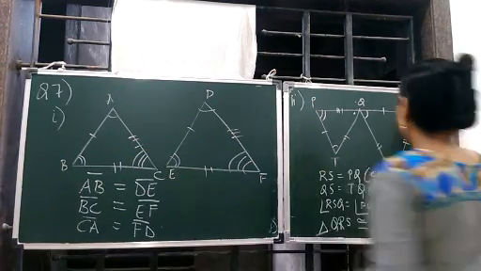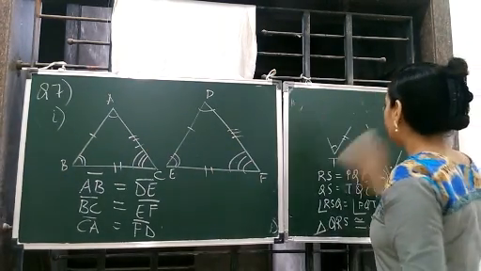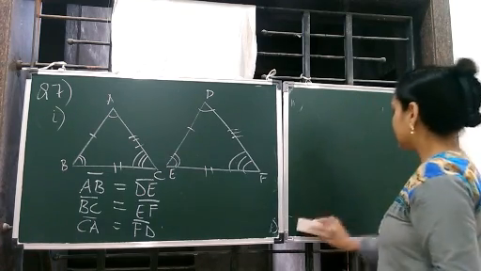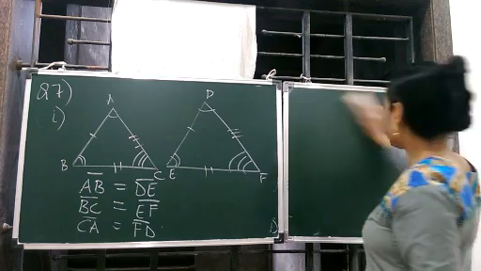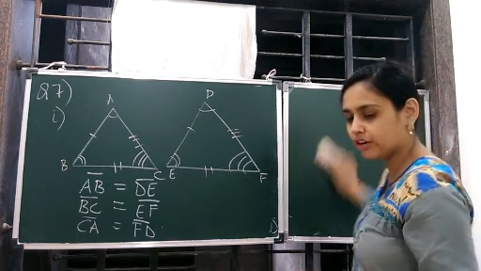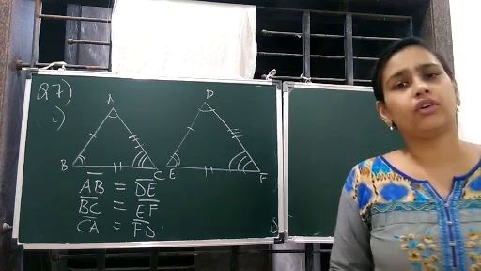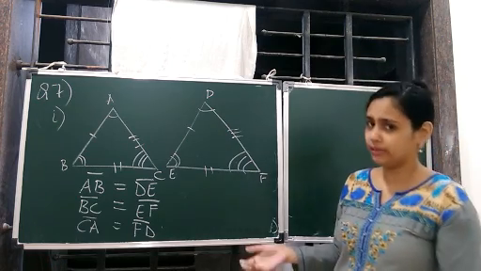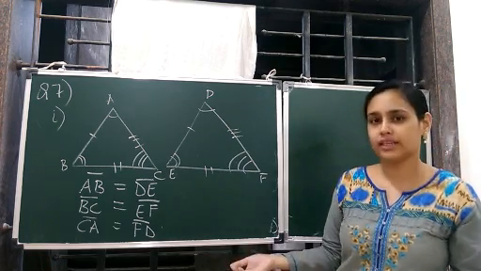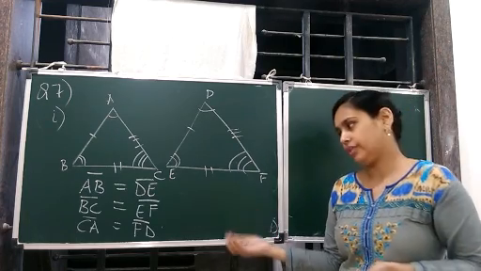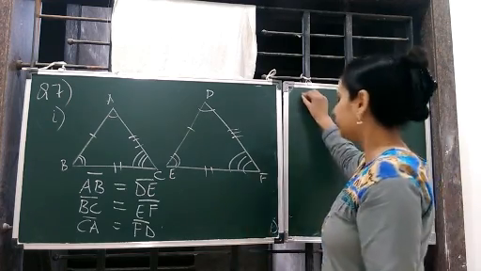Why are we adding, children? Because we have to talk about the perimeter, and perimeter means sum of sides. I know one question must be arising in your mind: how will we remember that we have to add? We are going according to the question. The question says perimeter. Perimeter means sum of all sides. We have studied this for so many years, right? So we are going to add the sides.